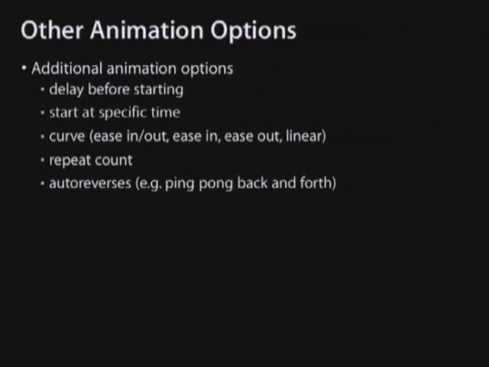How many times does it repeat? Does it auto-reverse on itself? So if I'm doing that same movement, I can easily have it go from point A to point B, back to point A, and back to point B. That's actually how, if you notice on the iPhone, when you want to move the icons around and you hold down your finger, you see all the little icons jiggle? All those little icons jiggling are transformations that are repeating on themselves. So pretty easy. It's very few lines of code, like 5. It's really easy to do this stuff.